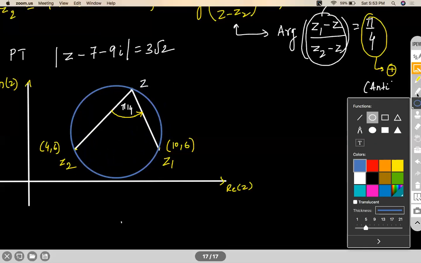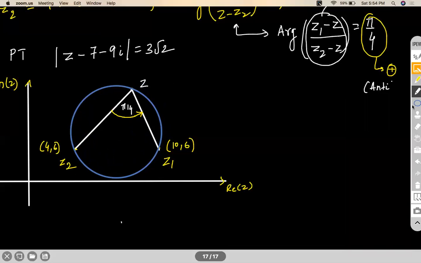Yeah, correct. So guys, let me tell you one thing. It is going to move on the part of a circle, not the complete circle. That means it can't move below, because if it moves below, then it will become minus pi by 4. I would like to bring this to your notice. So if you are trying to make it move below, this will be minus pi by 4. How? Let me show you. Let's say I regain this point back. Let's say your Z was here, and let's say you had made a connect from this.